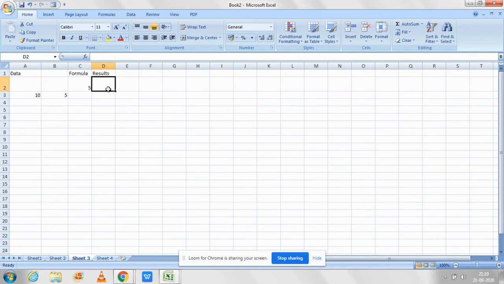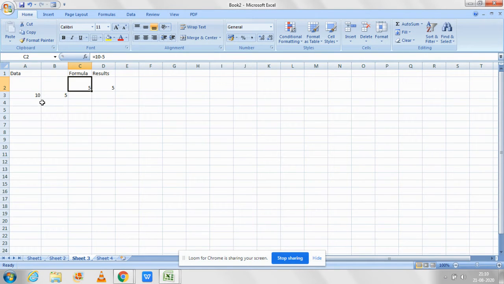So I will write the result in here. For your convenience, I will put the formula as it is in this column, just for your convenience. Equals to 10 minus 5. So here the formula will be taken as 10 minus 5. This will show you the result.